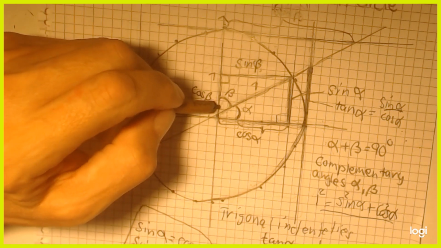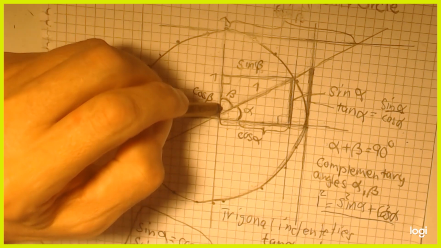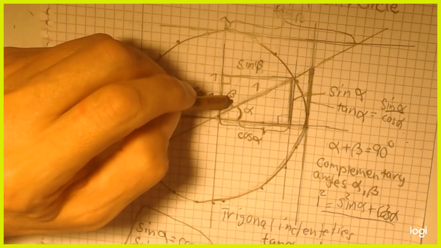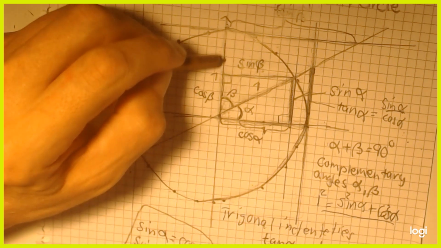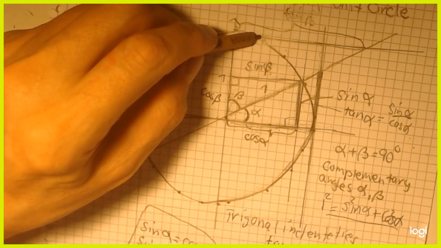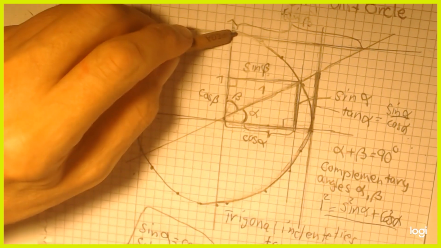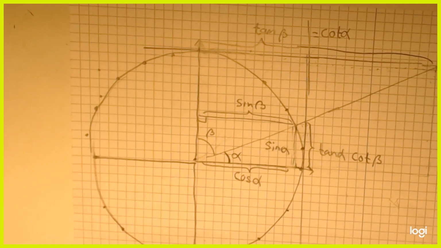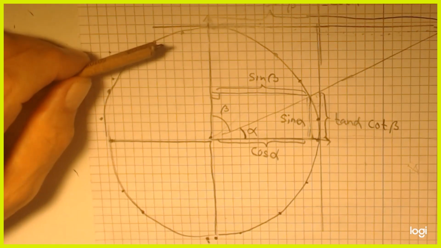At the same time, you have this triangle here where you have the beta. So this side here is tangents beta. If we go back to the unit circle again,